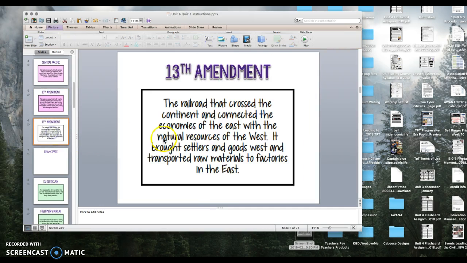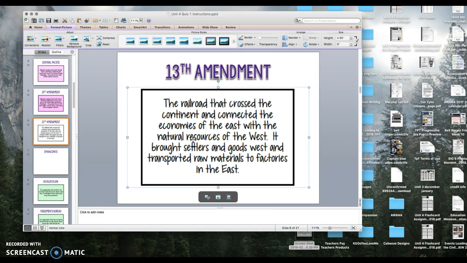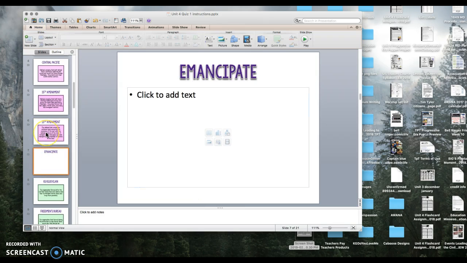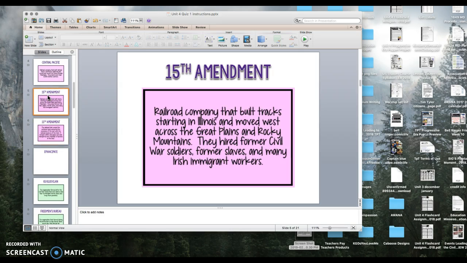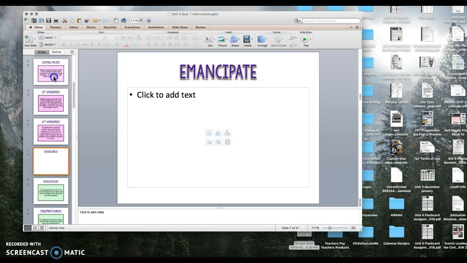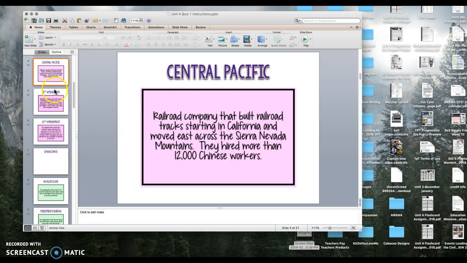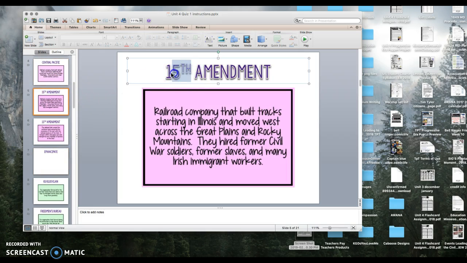Okay, you can go to the next one and just select the picture and do Command Y, and that redoes the same instruction that you did on the last page, or it redoes the previous thing that you just did. So then I just go through and I make them all pink or all yellow or whatever, so I don't have to do quite as much work. So it goes pretty quick once you just get all those little pictures and you just drag them, and then I go in and I just highlight and